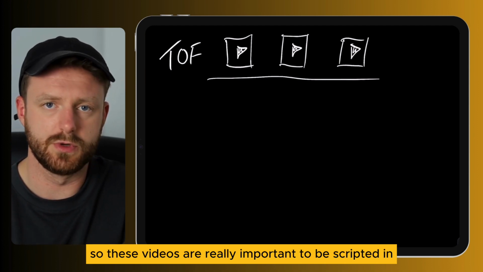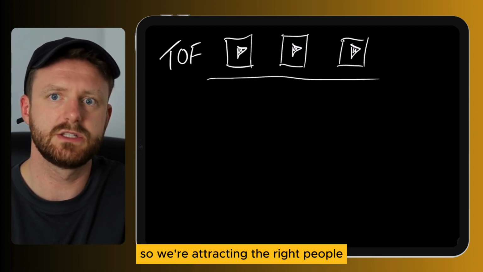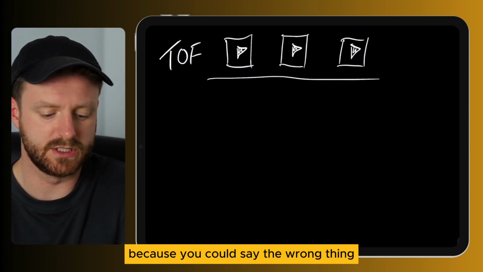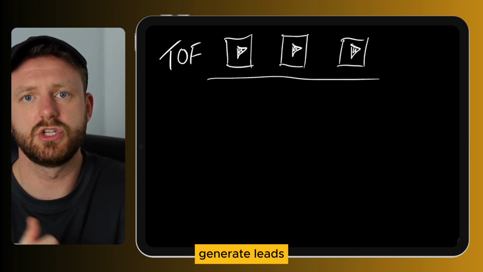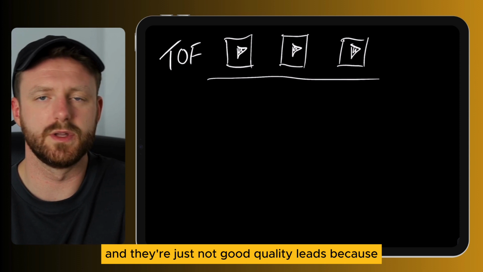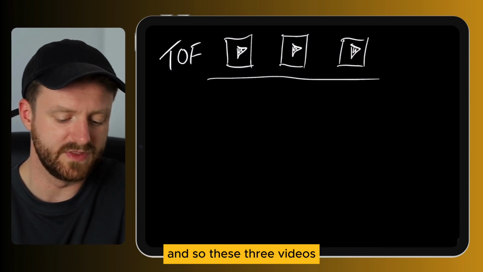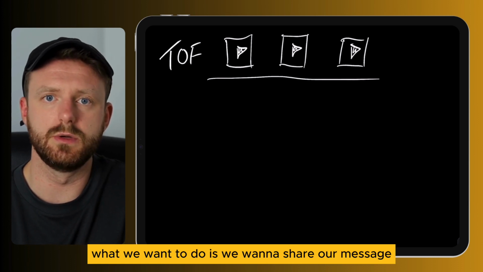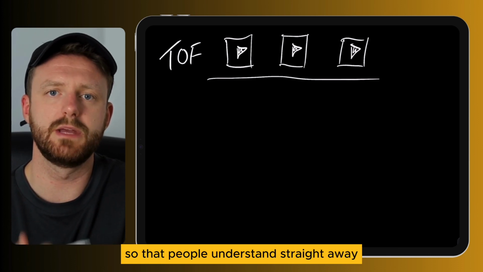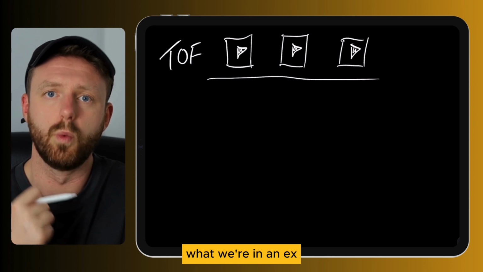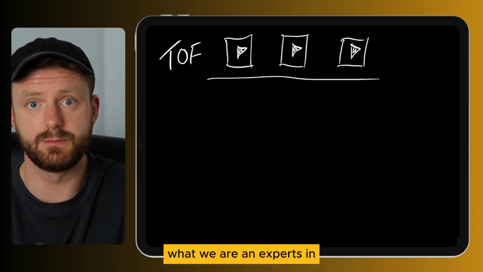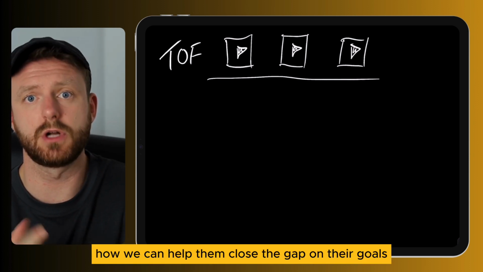So these videos are really important to be scripted in the right way, so we're attracting the right people, because you could say the wrong thing, generate leads, and they're just not good quality leads because they're not really aligned with your message. And so these 3 videos, what we want to do is we want to share our message so that people understand straight away what we are an expert in, how we can help them close the gap